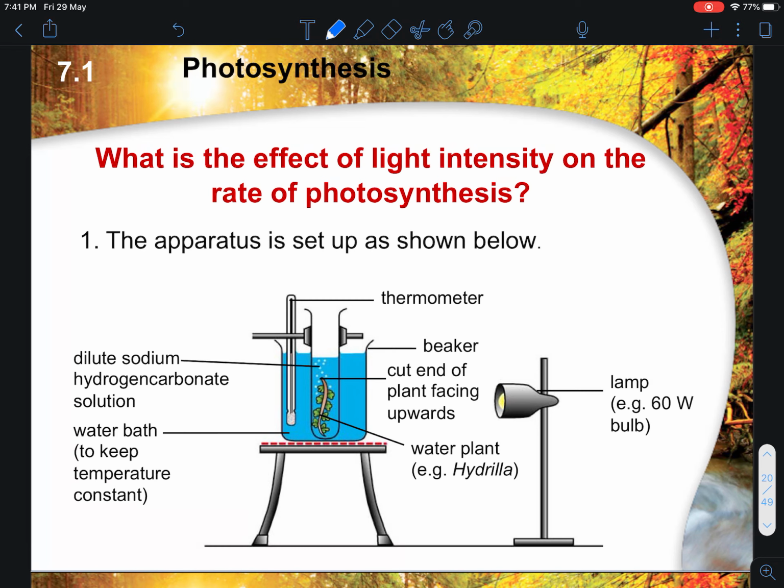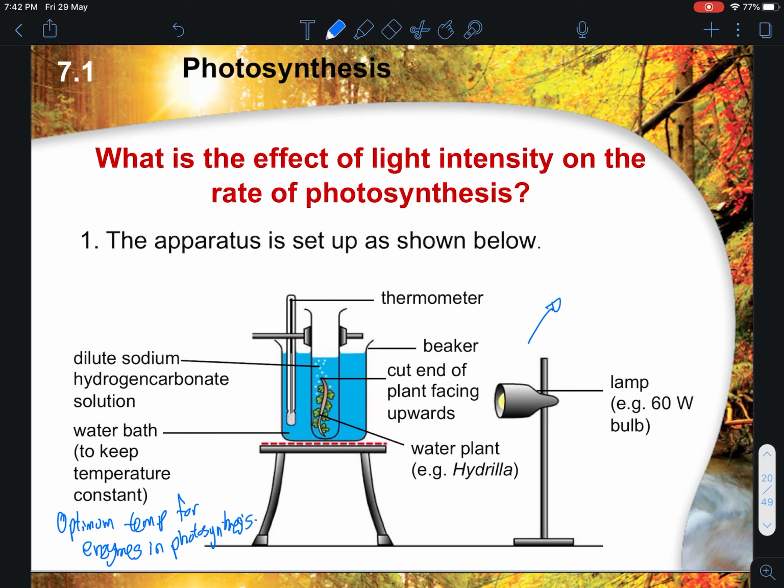Having a water bath to keep temperature constant is to make sure that it is always at an optimum temperature for your enzymes in photosynthesis. That means you will always have the optimum rate, correct? Second thing is having the water plant. You need a plant to undergo photosynthesis, and this lamp